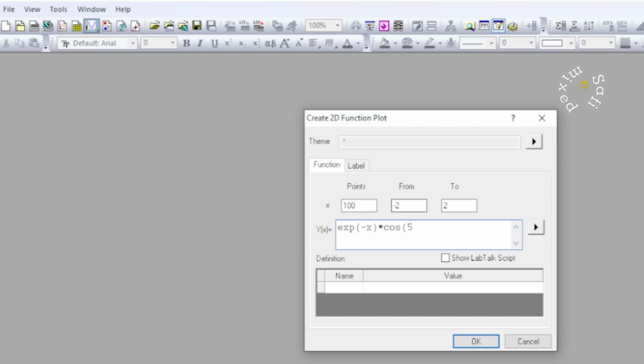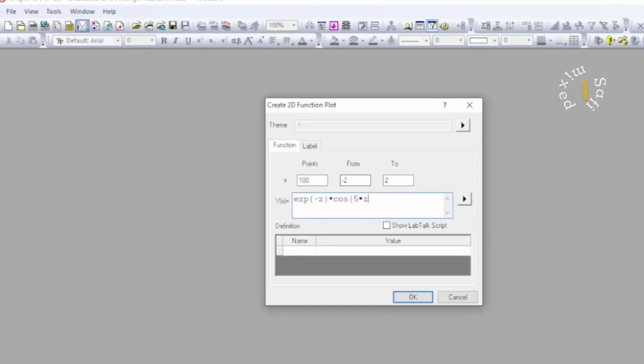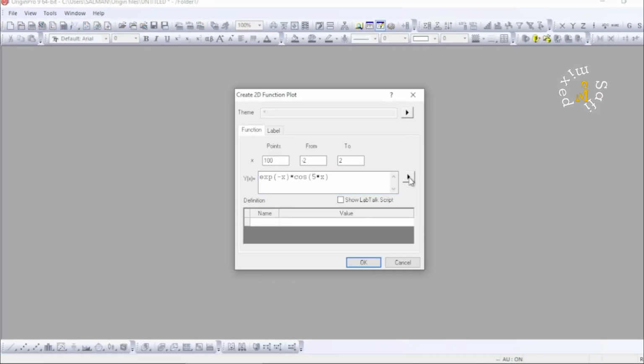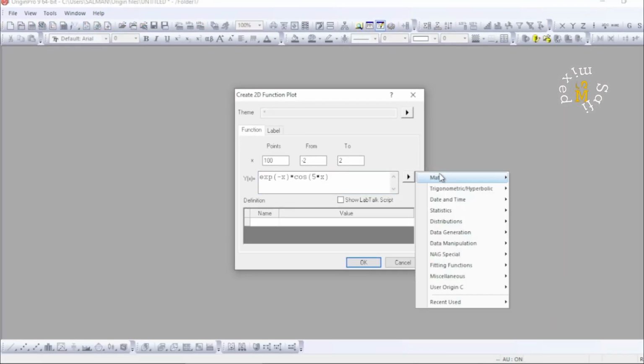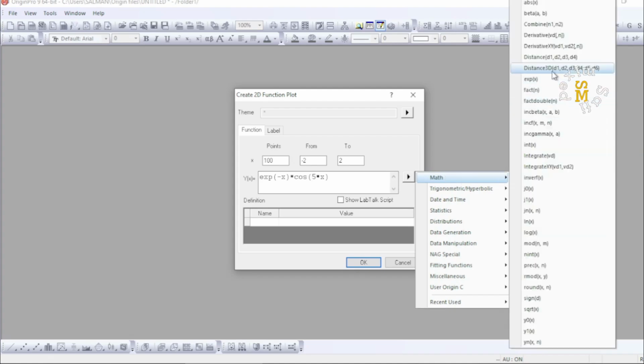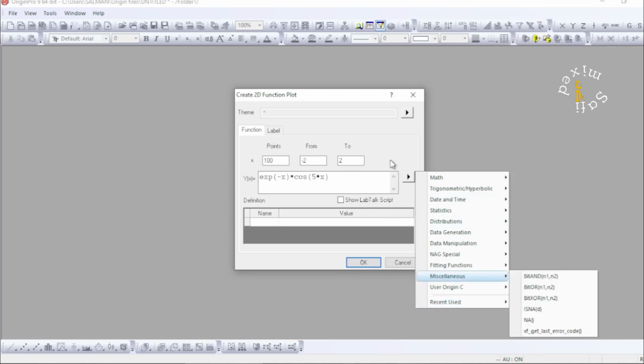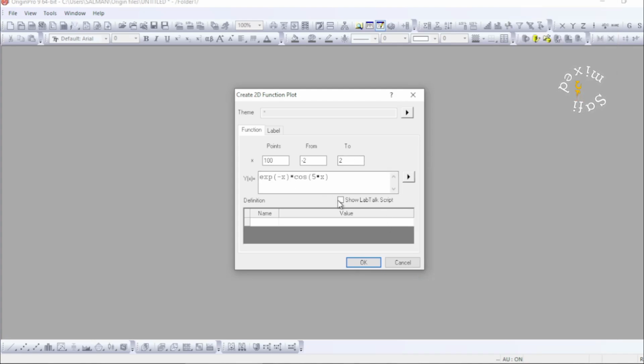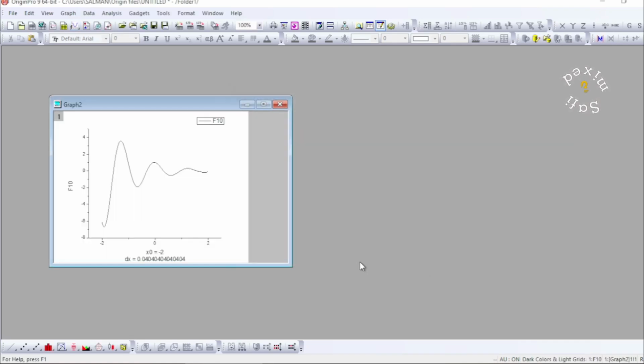I'm feeding the function exponent -x times cos of 5 times x. Okay, you can add some functions directly by clicking at this arrow. There are different mathematical functions, a long list of functions and other things over here, but I'm not interested in that. And then clicking the OK button would directly plot the function,